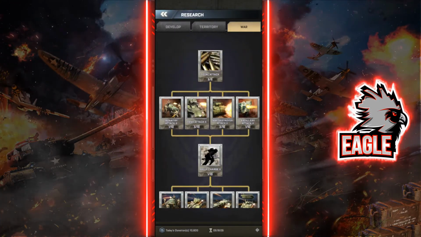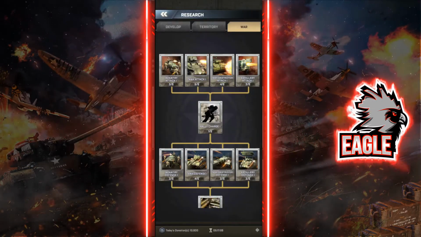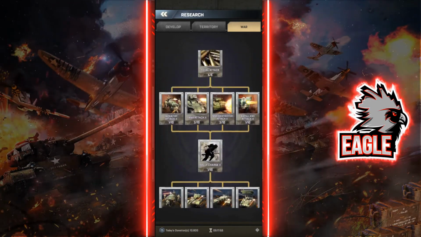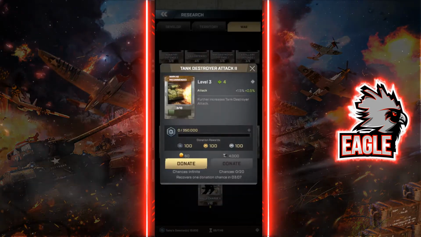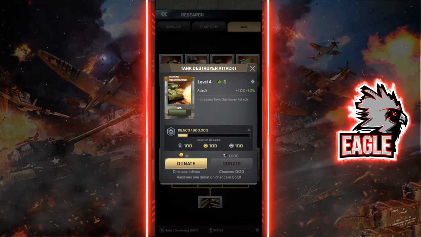So mainly over here, what you need to be focusing on as well is the tank attack and the tank destroyer attack, as well as their defenses. The infantry is important, however, a bit of a lesser priority. And then, of course, once you are done with these, you would definitely have to go for these over here, which I do recommend. So if you look over here, this costs 900k to get you